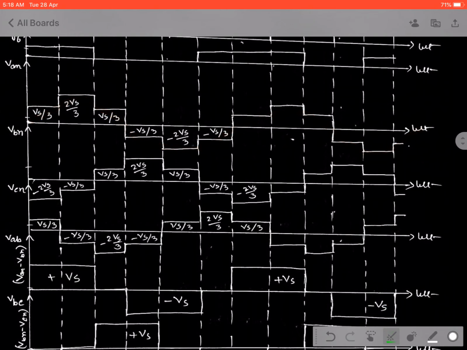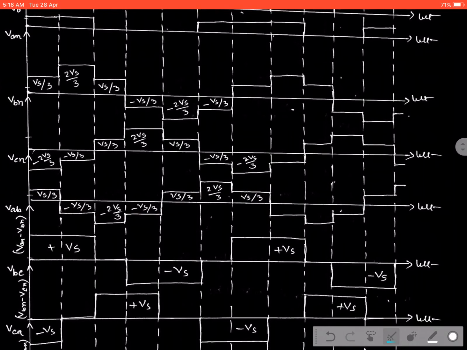In the case of VBN, it starts from the maximum value, then 0, again maximum, then 0, maximum, 0, maximum, 0. So this is the pattern for VBN, and last, this is the pattern for VCN, started from this point 0, maximum, 0, again maximum, again 0, maximum, 0, and maximum, just similar to a sine wave. That means we can say this is a pattern for phase voltage,